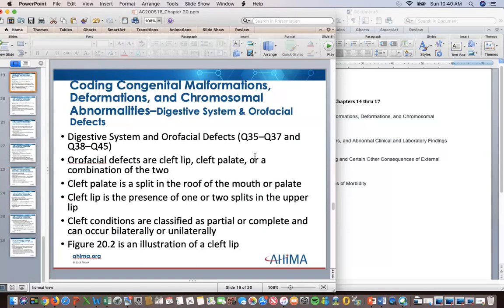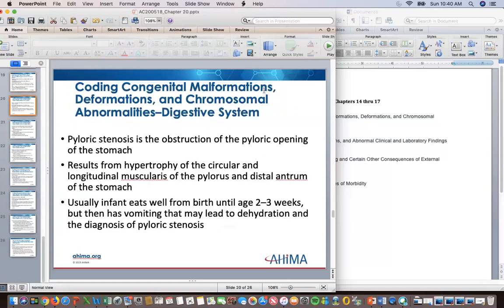Again, your digestive system and oral facial defects are underneath that. The cleft palate is a split in the roof of the mouth, and you may code out several of those. We don't see as much of those as we used to. Okay, so then we have pyloric stenosis. It's an obstruction of the pyloric opening in the stomach, which needs to be repaired. It results from